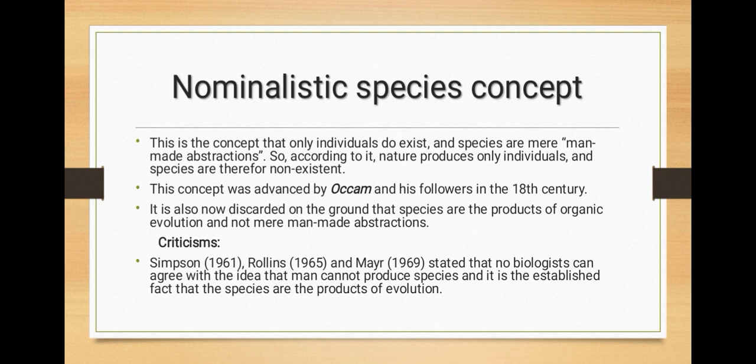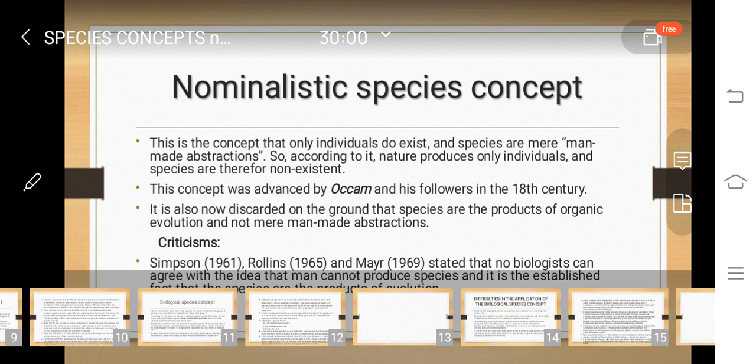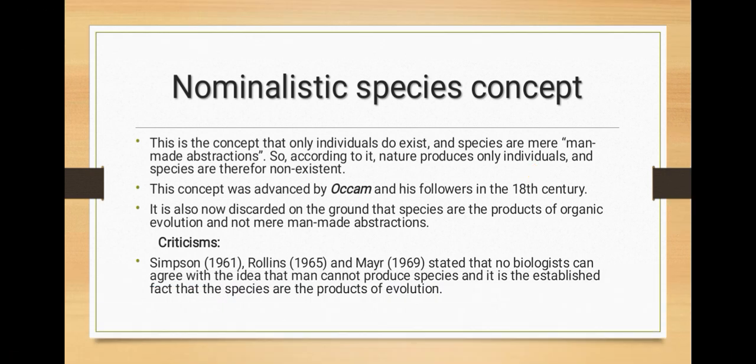Then the nominalistic species concept. This is a concept that only individuals exist and species are mere man-made abstractions. According to it, nature produces only individuals, and species therefore have no existence. This concept was advanced by Occam and his followers in the 18th century. It is also now discarded on the ground that species are the products of organic evolution and not mere man-made abstractions. Then criticisms: Simpson, Rollins, and Mayr